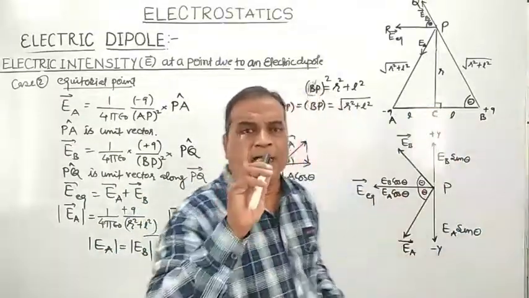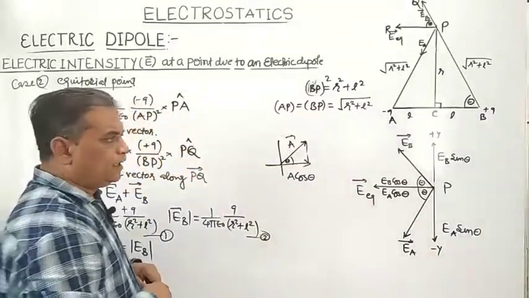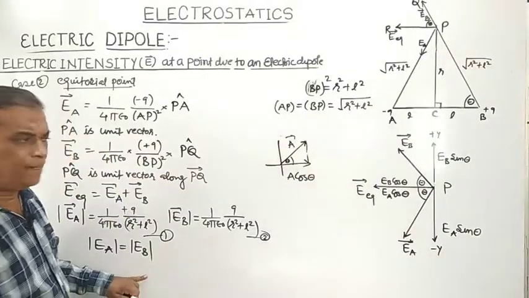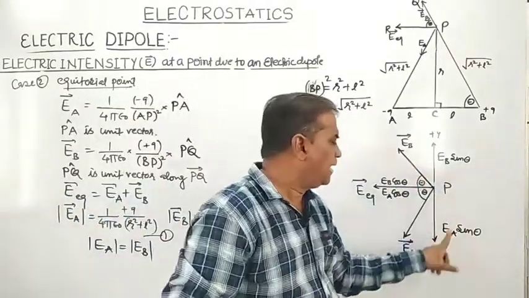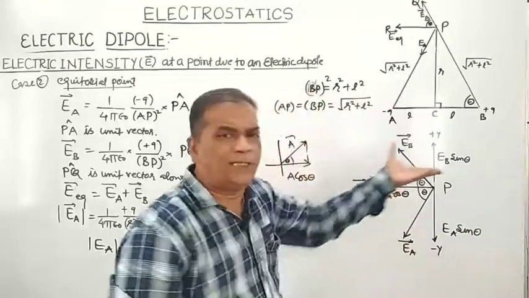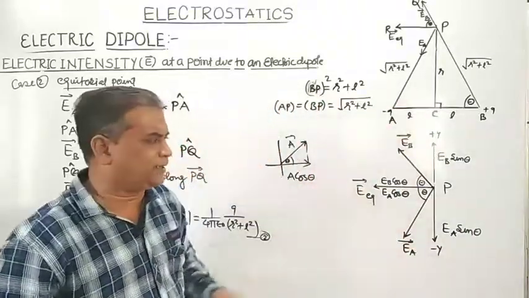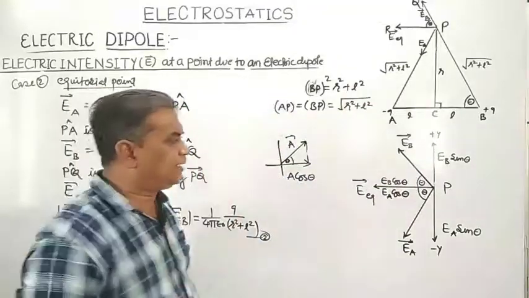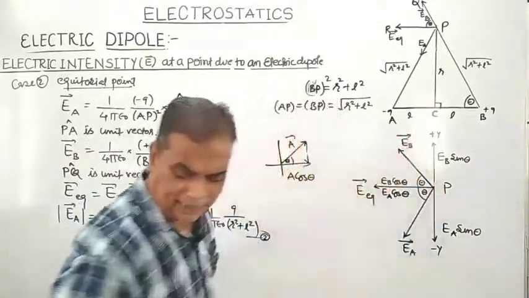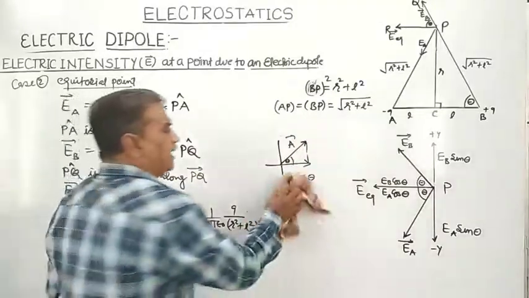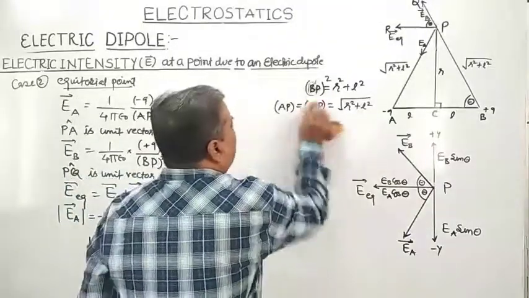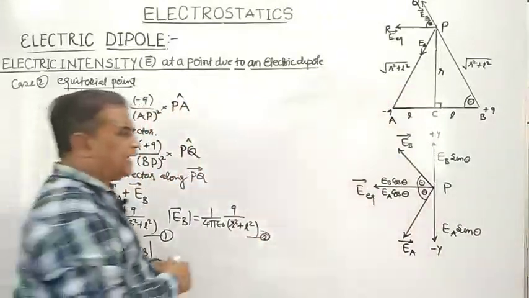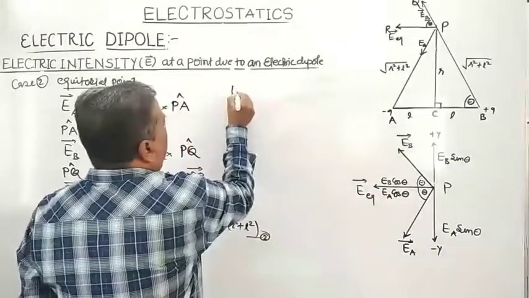EA sin theta. And remember that EA and EB, because their magnitudes are the same, therefore EB sin theta and EA sin theta are equal in magnitude, but they are acting what? Opposite in direction. Hence they will cancel the effect of each other. So the resultant electric field at point P, at any equatorial point P, due to an electric dipole, is actually the sum of